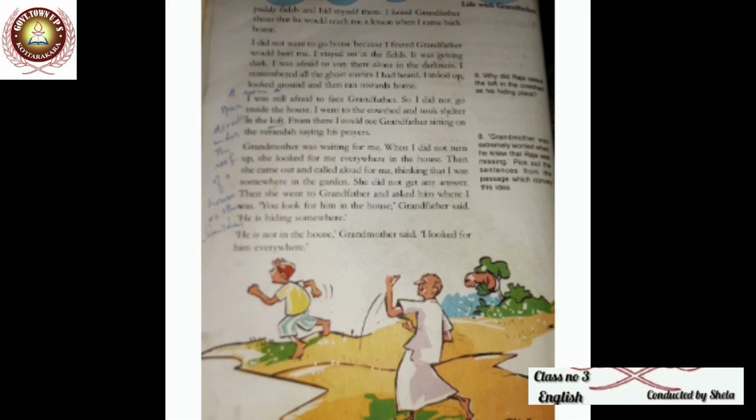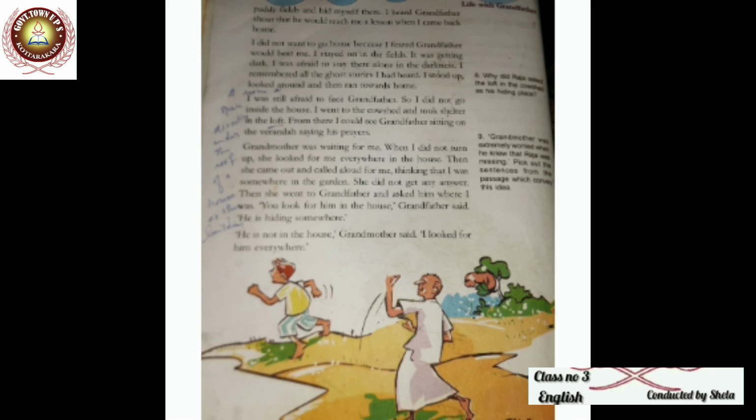Now we can pass on to the next part of the story: the news spreads. Here also you have to read the passage two times. Then find out the difficult words. Use the dictionary to find out its meaning. Then write in your notebook. Now I will read for you. Listen. The news spreads.